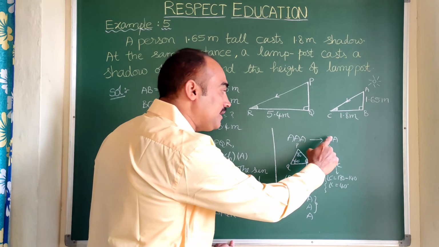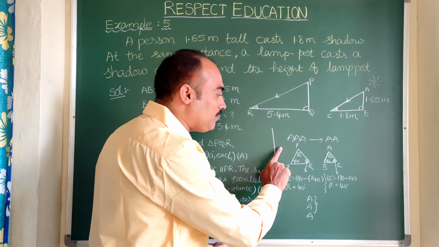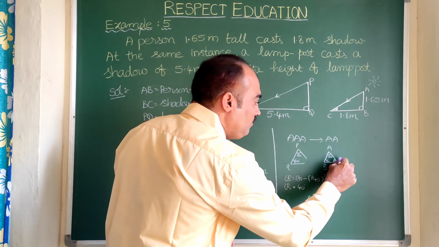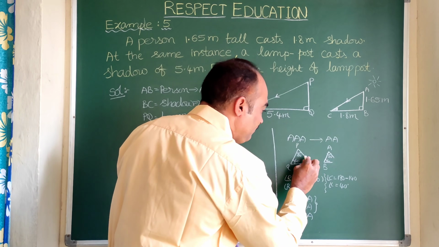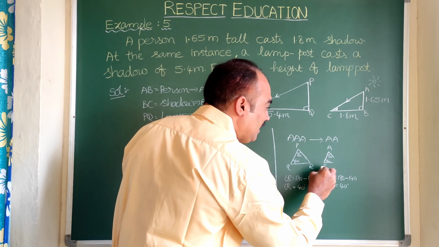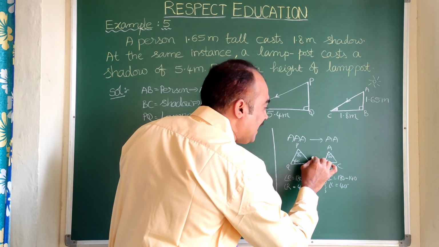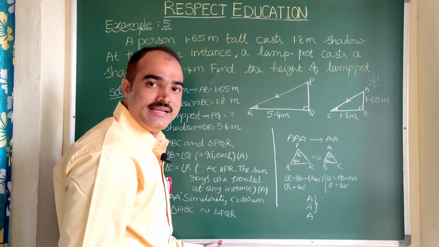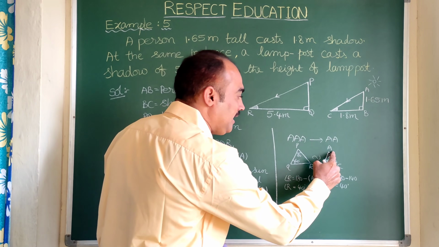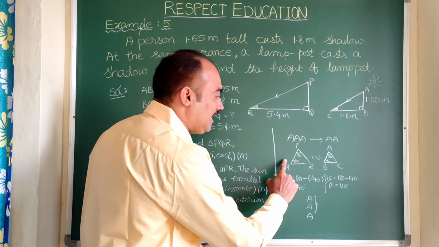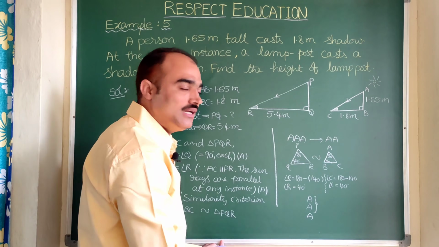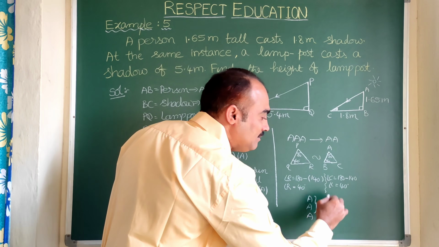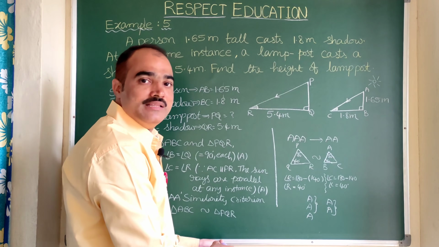So both of them are equal. So here we need not separately find R and C. Without finding angle R and angle C, we can say directly these two triangles are similar by AA similarity criterion, because angle P equal to angle A, that is one pair of angles, and angle Q equal to angle B, that is another pair of angles. So instead of saying AAA similarity, we can say by AA similarity also both the triangles are similar.